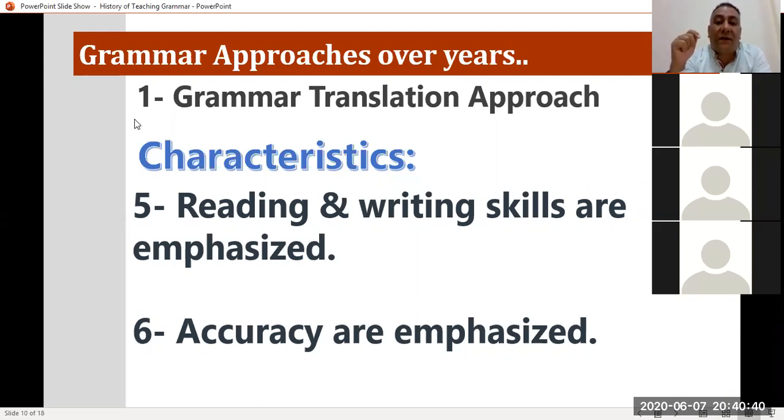Accuracy is emphasized، يعني لو انتوا فاكرين احنا كنا ازاي بنتعامل مع الايرورز والميستيكس بتاعت الستودنتس، حد فاكر؟ ازاي كنا نتعامل مع الايرورز؟ Stop the students and correct them or wait after the student